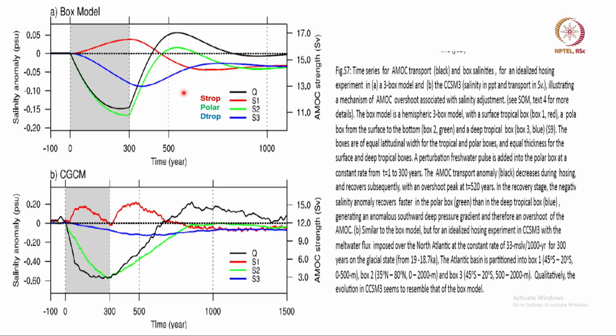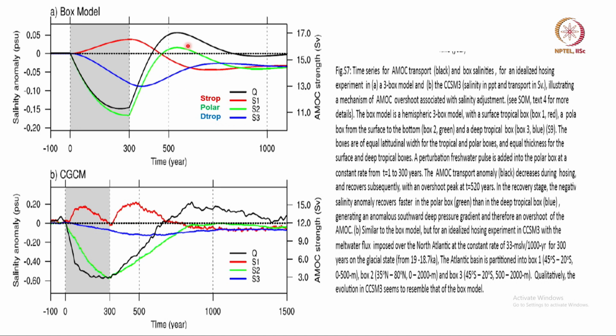Okay. In a box model you have just 3 boxes, and the 3 boxes are here the polar region is one box, and then you have the tropical surface and the deep tropical box. Okay. And so, this is the deep tropical box that is close to the equator, and this is the surface, because the difference between surface and deep is important. Okay. Then you have a polar box where all the action takes place.